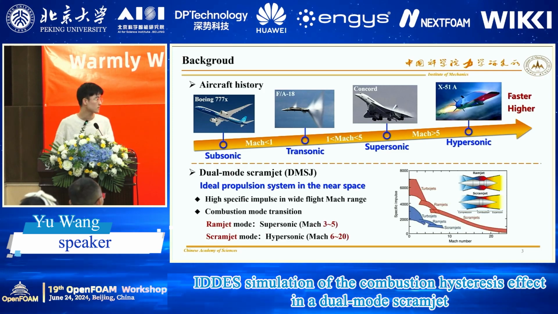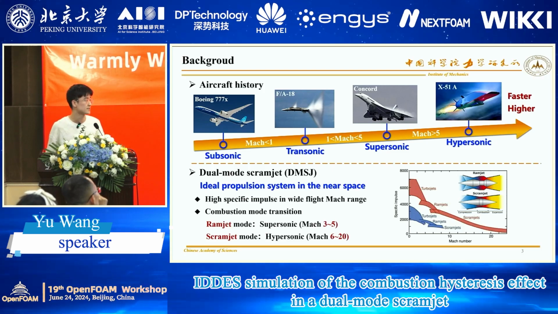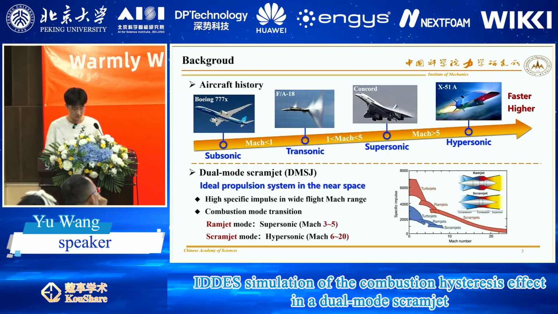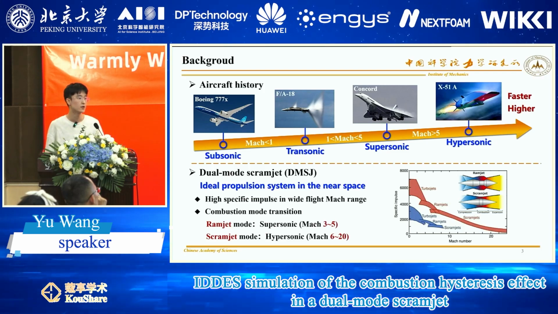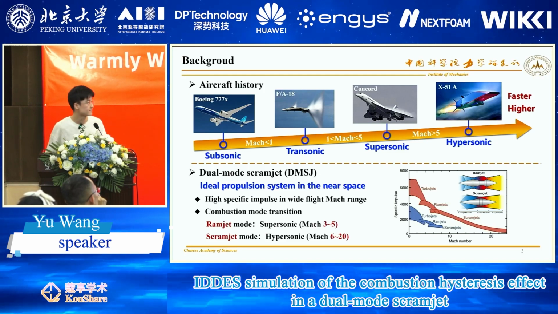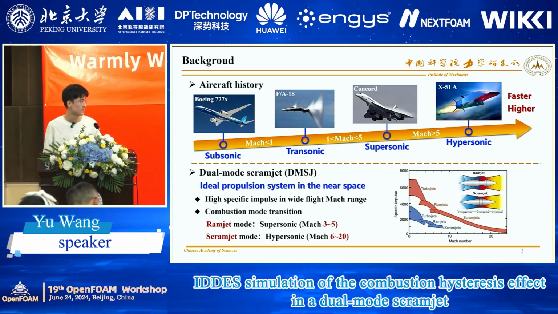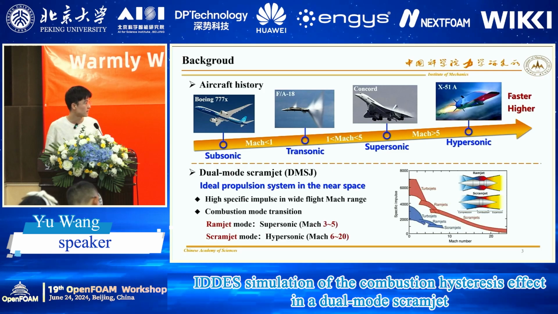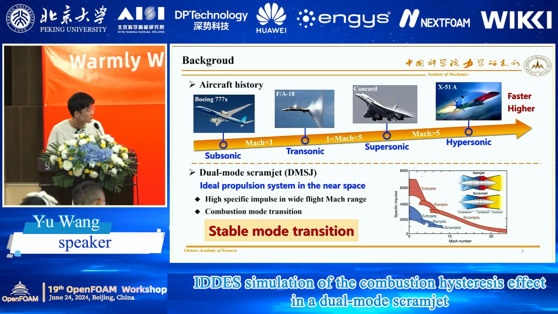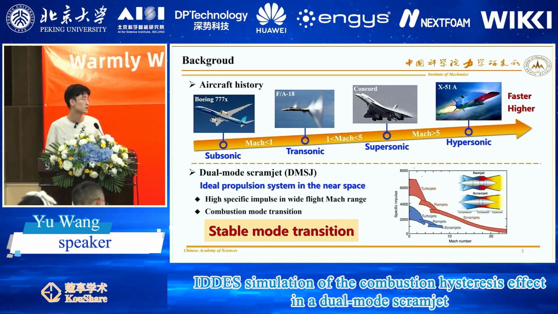exceeds 6. The dual-mode scramjet consolidates the advantages of these two engines. It can achieve high specific impulse in a wide range of flight Mach numbers through combustion mode transition. This dual-mode concept has been fulfilled in the last century. However, recently, in the famous X-51 and the CIAM and NASA scramjet, both suffered from severe inlet unstart in their real flight tests. Thus, the most important problem in the DMSJ is to guarantee a stable and controllable mode transition.